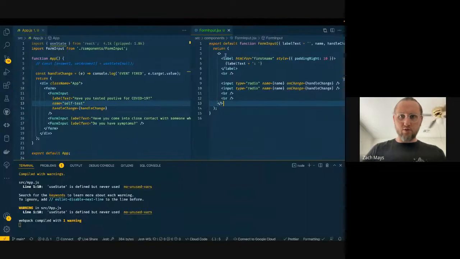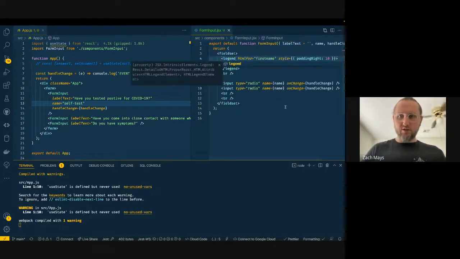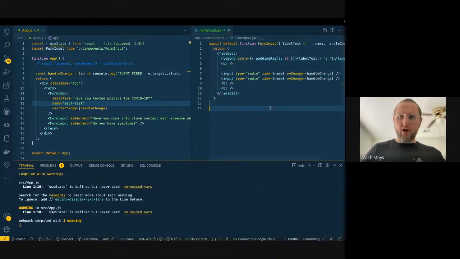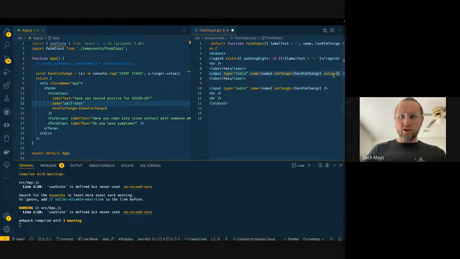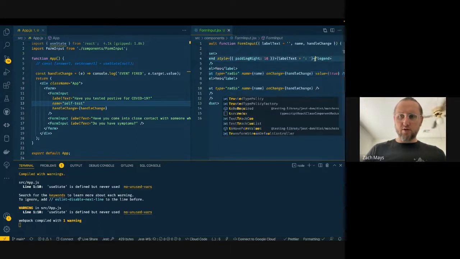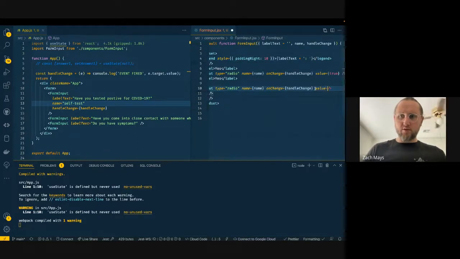We're going to do fieldset here, and legend. We're going to get rid of HTML4 there, but we're going to say label yes, and then label no. Value equals, I think we can do true here, and then value equals false,